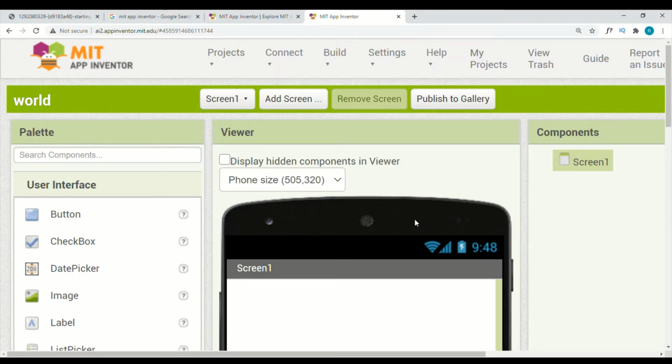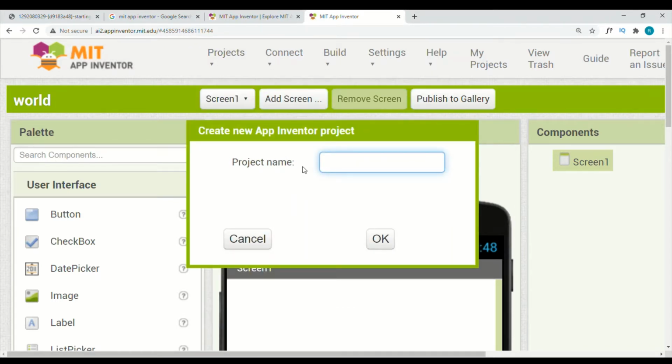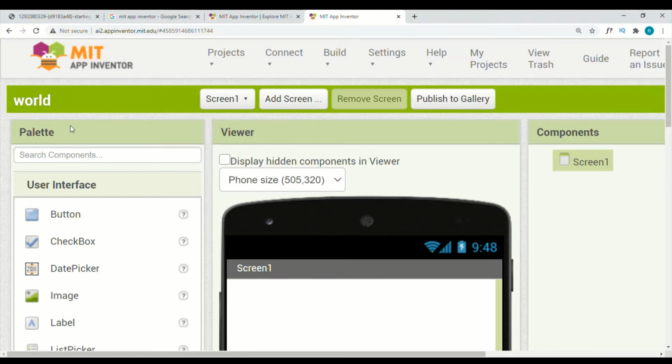When starting a new project, we should go to the project menu. Click on that, and choose the option start new project. Here we have to give our project name. I am going to give my project name as first application. Make sure that the project name cannot contain spaces between the characters. Instead of spaces, you just give an underscore. It can be accepted. Then click on the OK button. You can see on the top left side our project name, first underscore application, right?